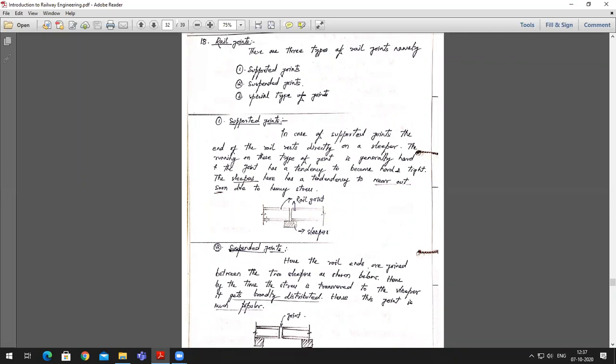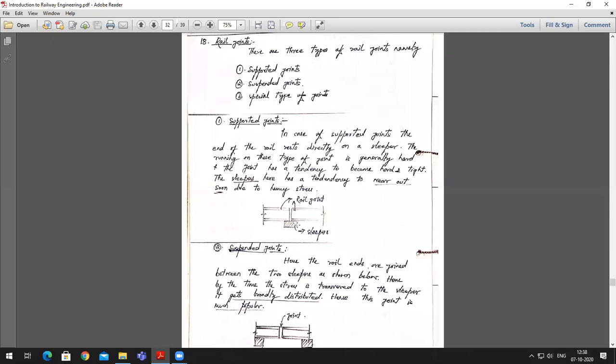Such a joint which is supported by a sleeper is what we call a supported joint. Now it has its own advantage and its own disadvantage. The advantage is that the level of the rail will always be maintained properly. The joint will get an additional support, it will tend to resist the stresses, and it won't get worn out so easily. So the stability of the joint is ensured when you have a supported joint. All the fittings and fasteners like fish plates, fish bolts, etc. will operate very well in this case.